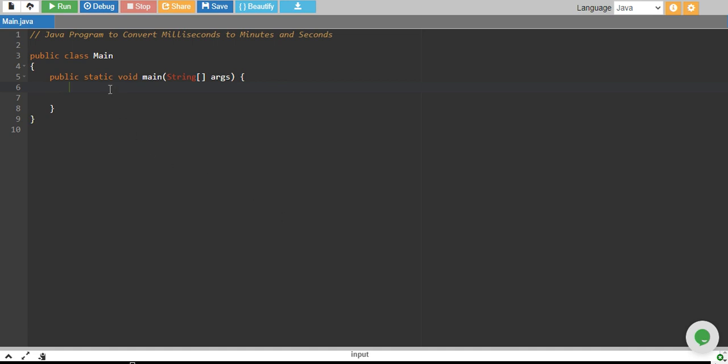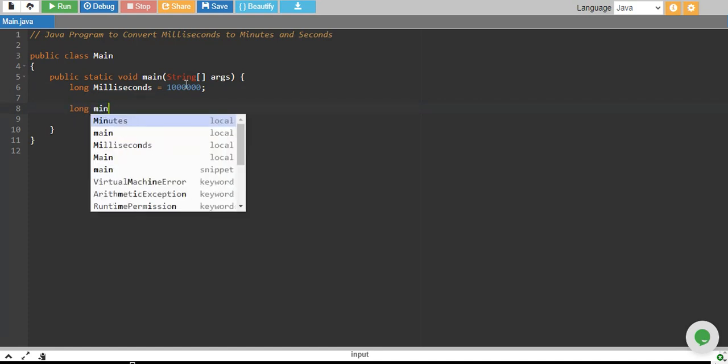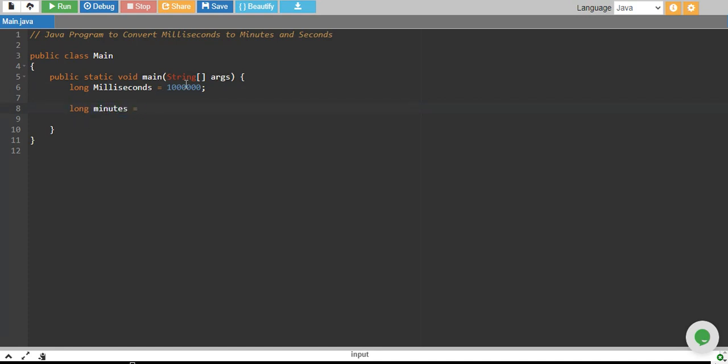In this tutorial, we write a Java program to convert milliseconds to minutes and seconds. So let's say we have our milliseconds equals to these many milliseconds, and then we declare a long variable which is our minutes equals to, first we need to